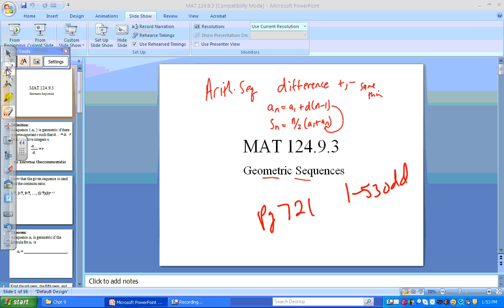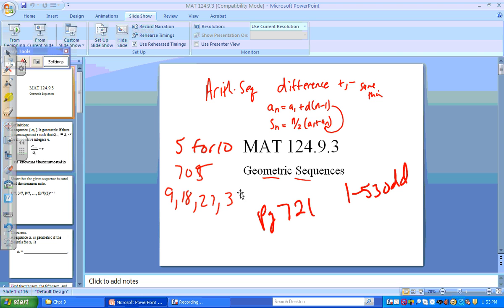So the 5 for 10 will be on page 705. And I think we'll do multiples of 9. 9, 18, so far so good. 27, 36, and 45. Okay? So put your name on those, turn them in,